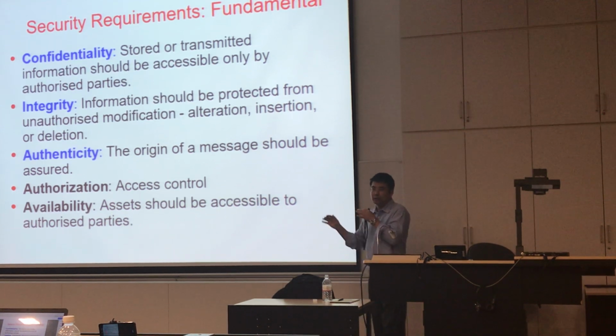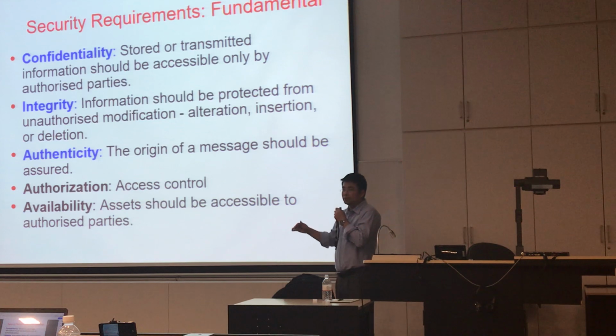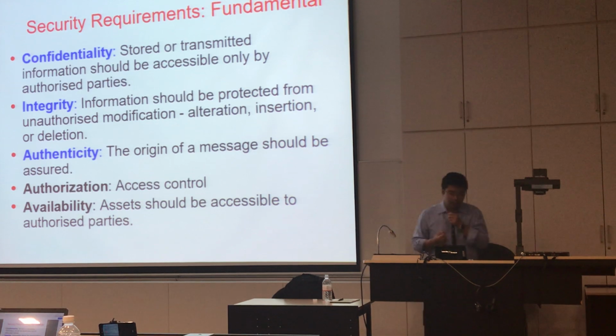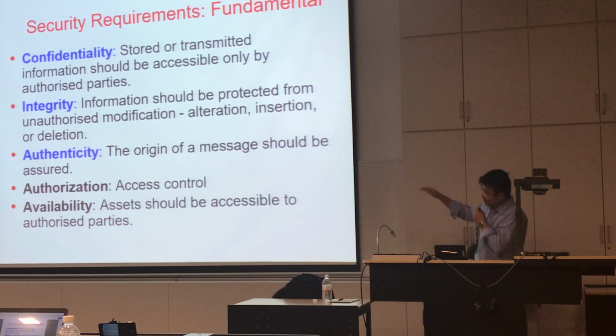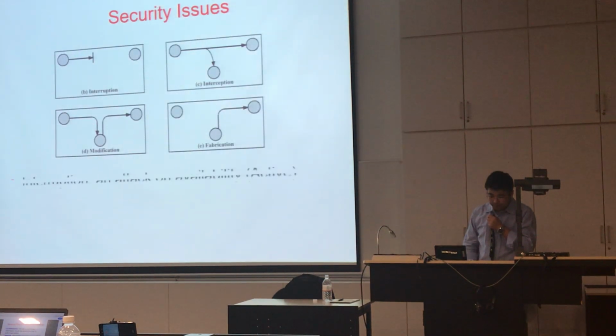So we will study the details of these two topics in 262. I didn't list all the requirements here, so there are some additional requirements. For example, when we talk about mobile security, we also need to look at anonymity. We want to prevent the mobile device from being traced by attackers, so we need to use anonymity, traceability, and so on. This is just an incomplete list of the security requirements.